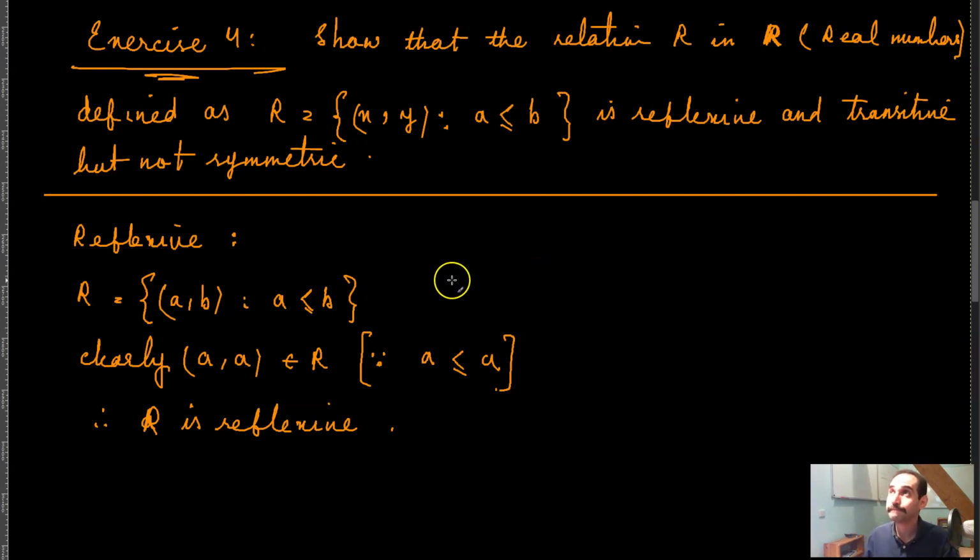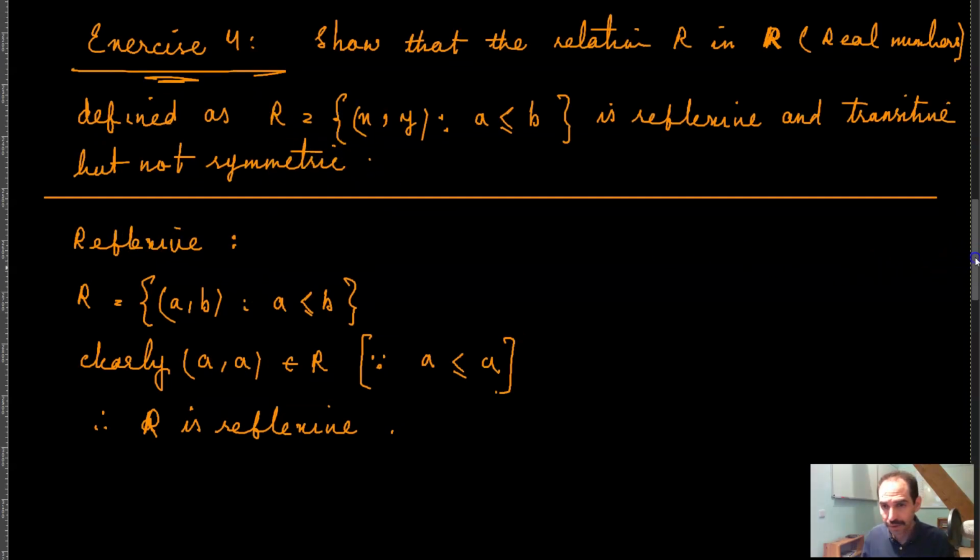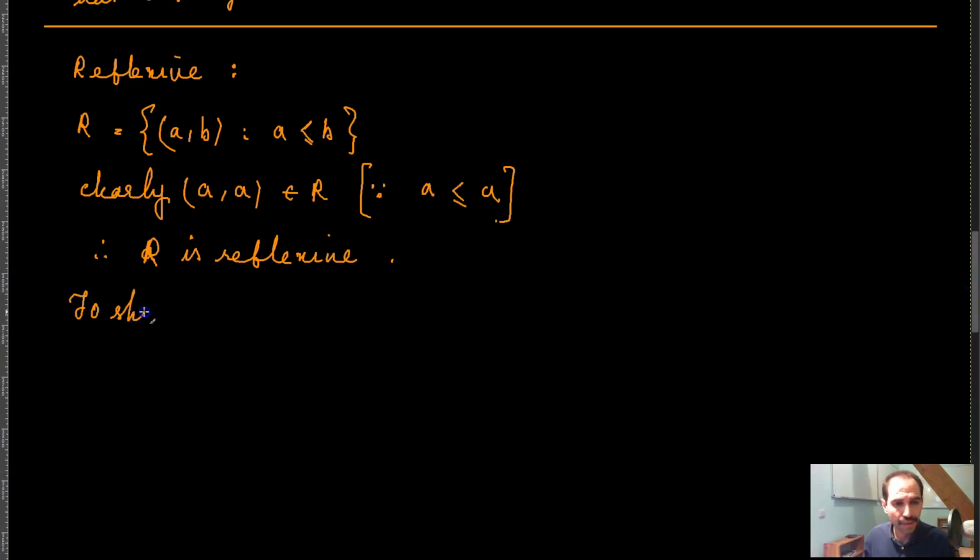Now, in order to show that R is symmetric and transitive but not reflexive and transitive, okay, so we have established that R is reflexive. Now to show that R is not symmetric,